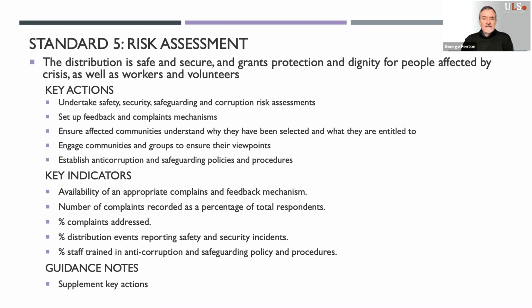General guidance notes here include identifying measures to mitigate any vulnerabilities of affected communities, considering special needs and factors such as the time and distance to distribution points, long waiting times under harsh climate conditions, lack of water, lack of sanitary facilities, goods that are difficult to handle and transport from a distribution, and any potential threats to those receiving items at the distribution.